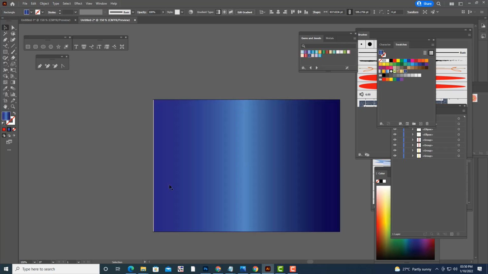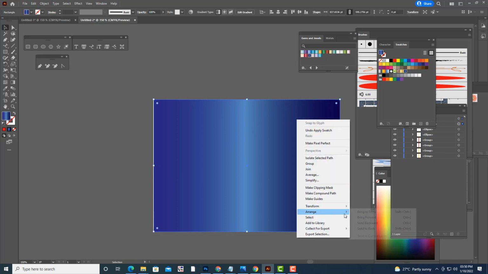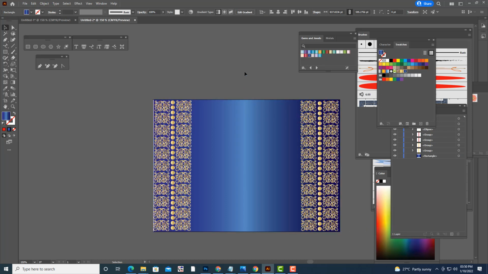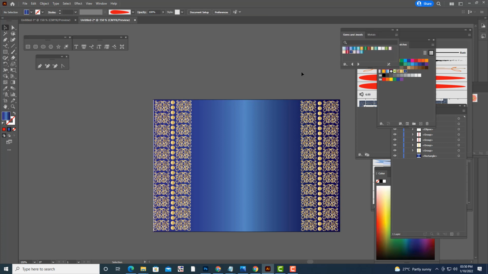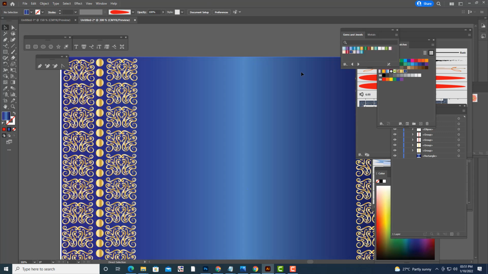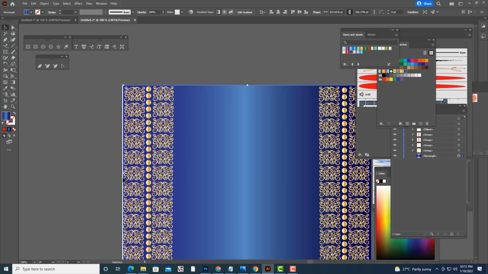I have applied this gradient, and then we'll simply right click, send to back. See how wonderful it is. Able to understand? So a nice wedding card cover we are designing actually. So we'll make it like a wedding card.